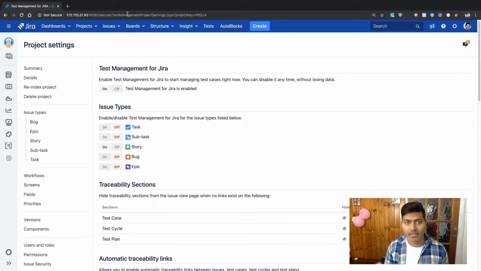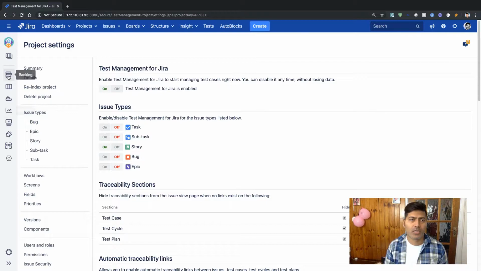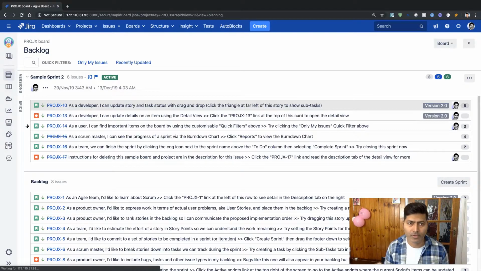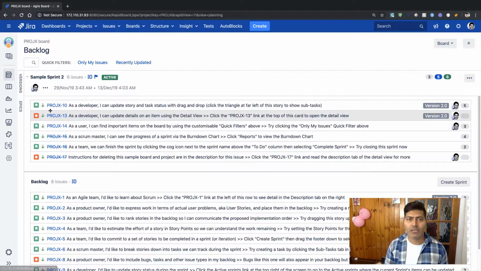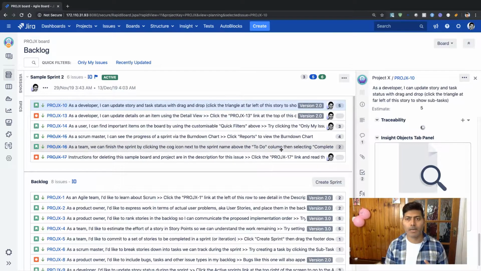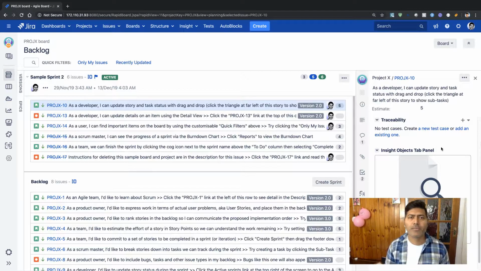Now, before I do further configurations and before I talk about other configurations, I just want to quickly validate this. And if I go back to my project, so right now I'm using a project called Project X. And if I go to the backlog, in my backlog, I of course have my stories, and I also have some bugs. So if I click on, let us say, one of my story here, and by the way, I'm looking at the agile board backlog basically, and you can do the same thing when you are looking at the board. On the left hand side, you have the option to take a look at the active sprint,